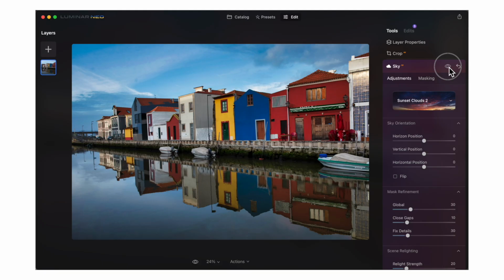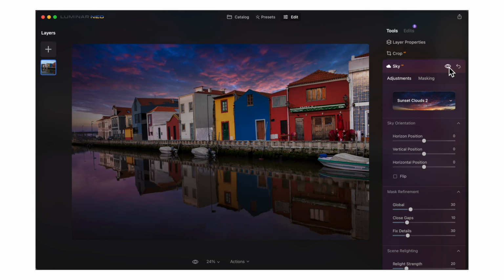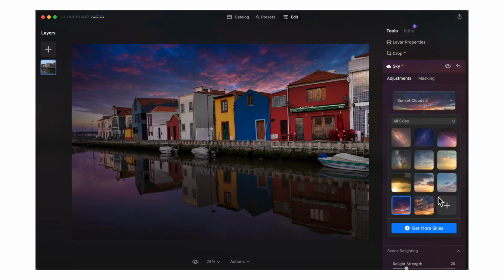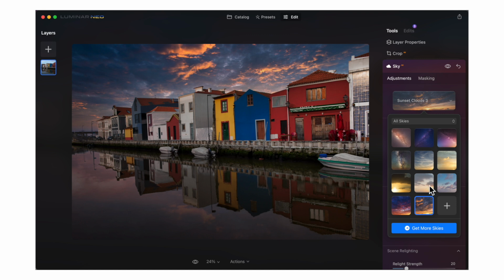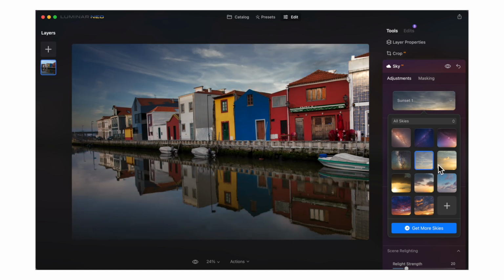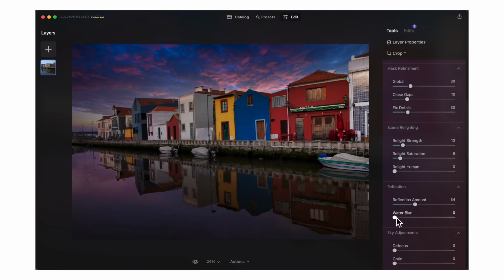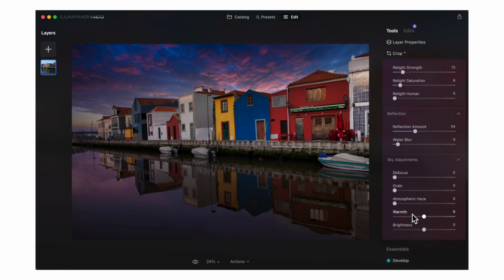around with. It automatically recognizes where it needs to go, and it changes the lighting of the environment in the photo. So here it is with the original sky, and here it is with the new one I just put in. You can see that it changes the mood of the environment to match the sky, making it look more realistic, and also way less work for you since you won't have to try to match the color. You can also change more settings with sliders here like water blur, or if you want to defocus the clouds a bit. So there'll be a lot of sliders for you to play around with until you get that look